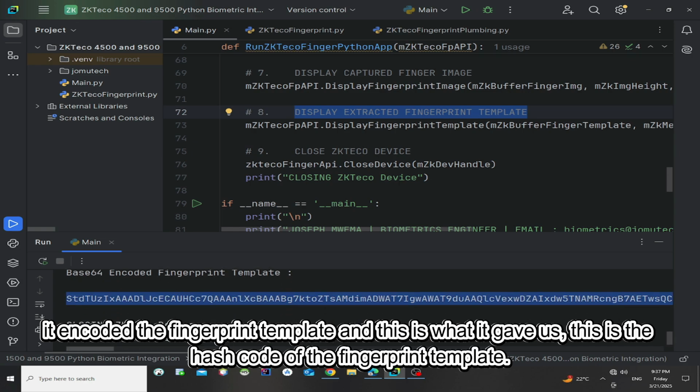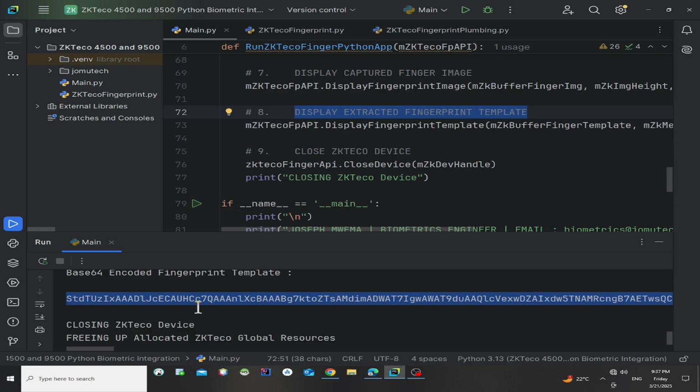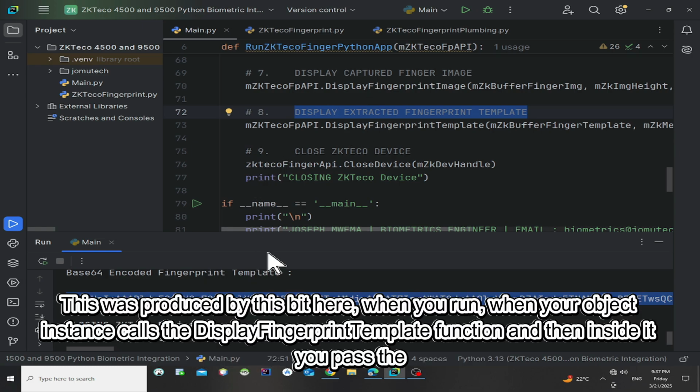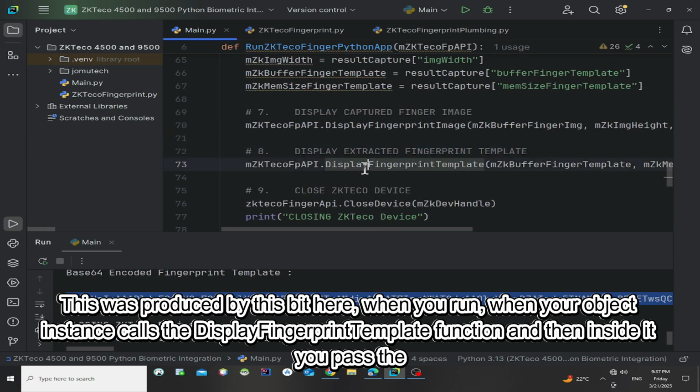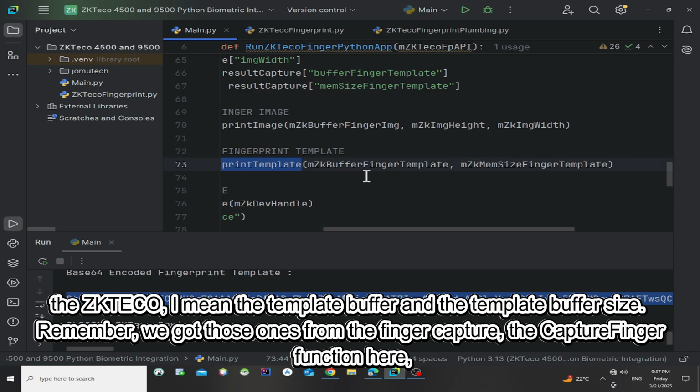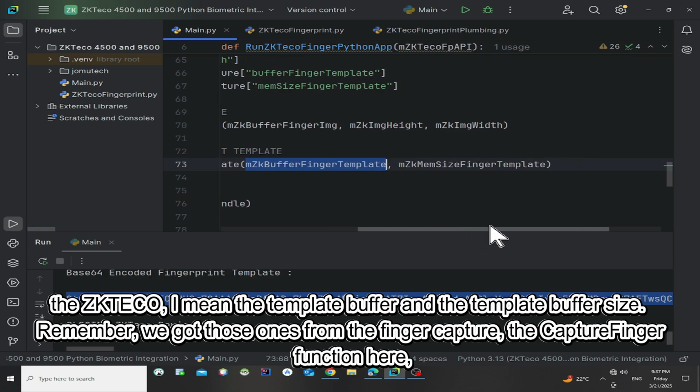This is the hashed code of the fingerprint template. This was produced by this bit here, when your object instance calls the display fingerprint template, and inside it you pass the template buffer and the template buffer size.